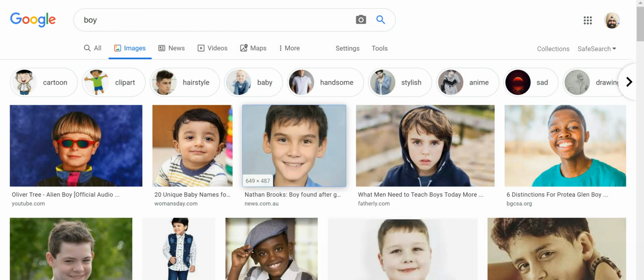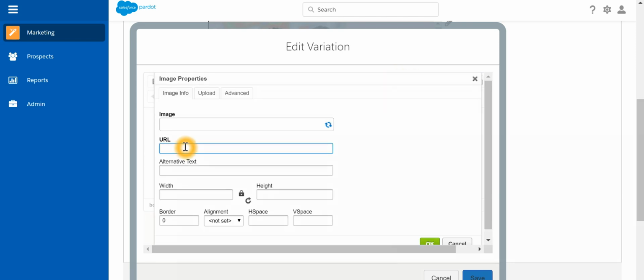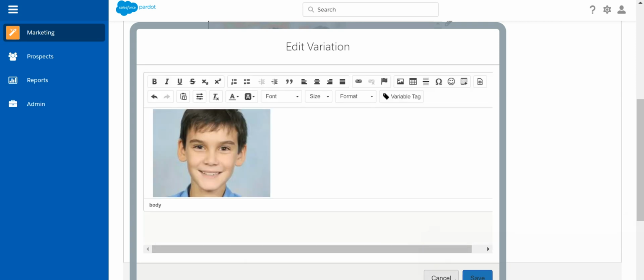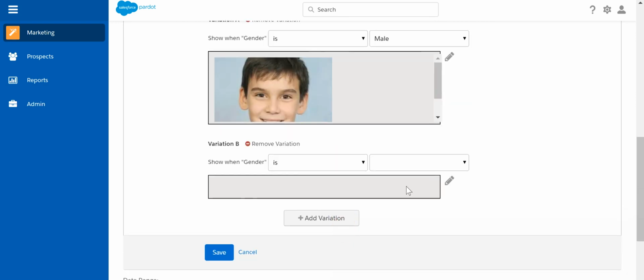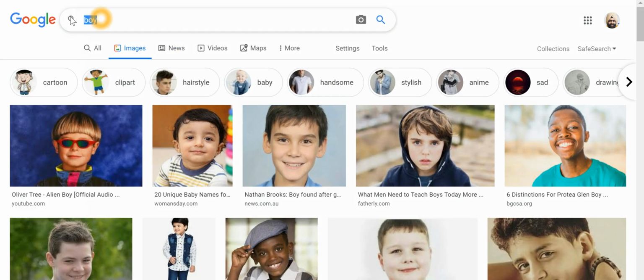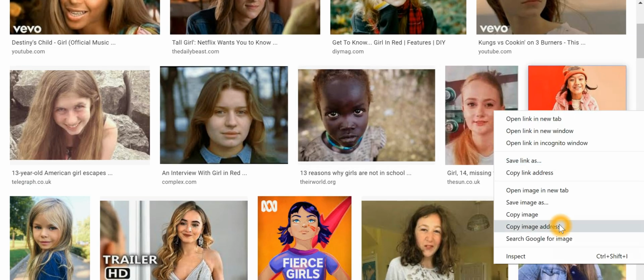Let's say male image, versus add variation. If gender is female, then we want to display a different image. So if I just search for girl over here, take for example this girl,